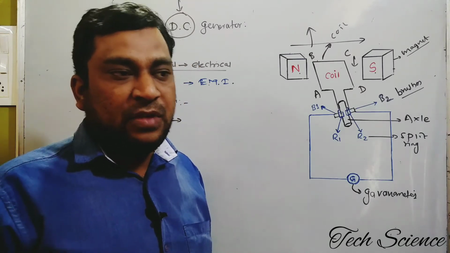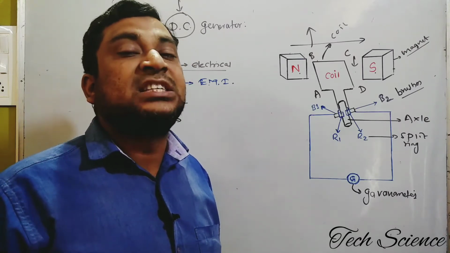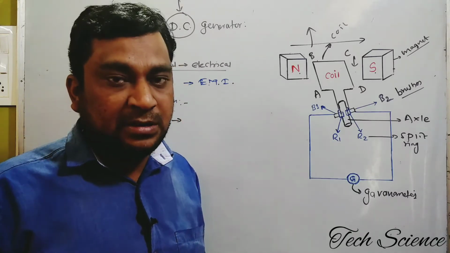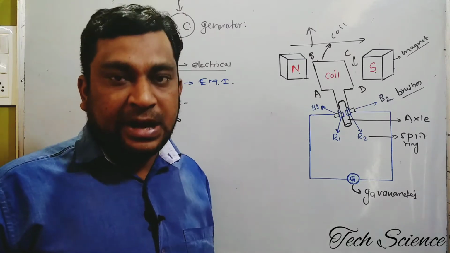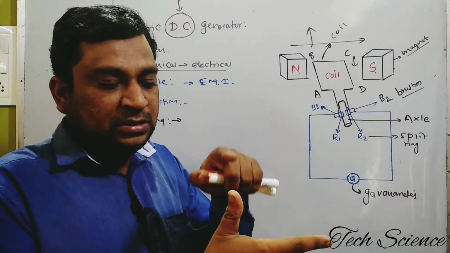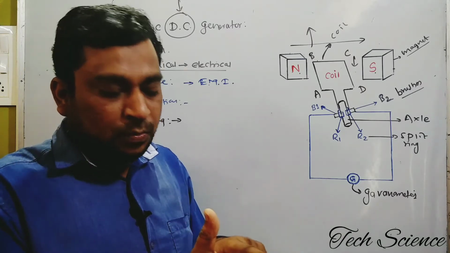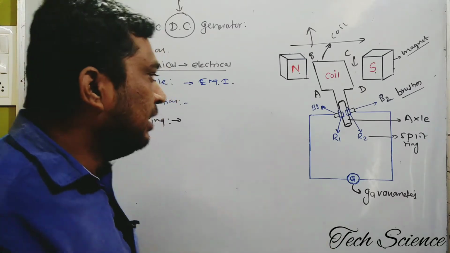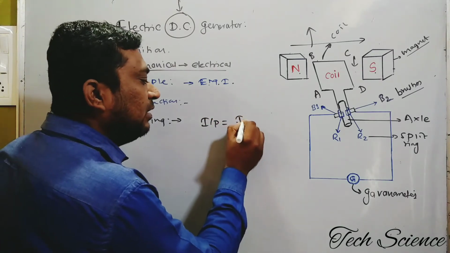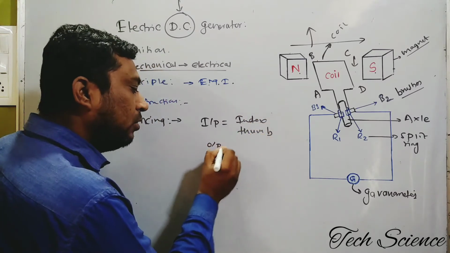The answer is that when they are at 90 degrees to each other, we get the maximum output. We get maximum rotation, we get maximum current. That's why we put them at an angle of 90 degrees. The index finger shows the direction of the magnetic field and the thumb shows the direction of force or the rotation of the conductor. Finally you get the output, which is shown by the middle finger. So in Fleming's right hand rule, there are two inputs. The first is the index finger and the second is the thumb. As an output you get the middle finger.